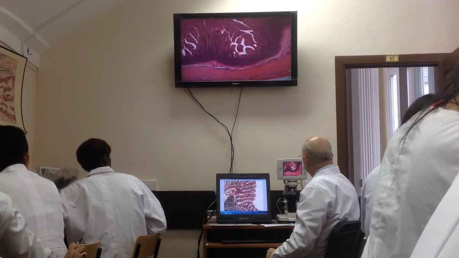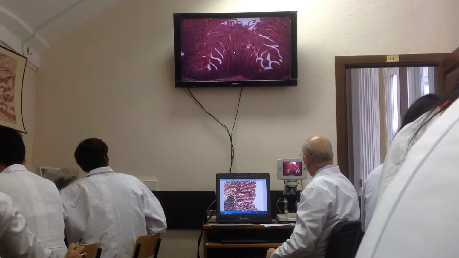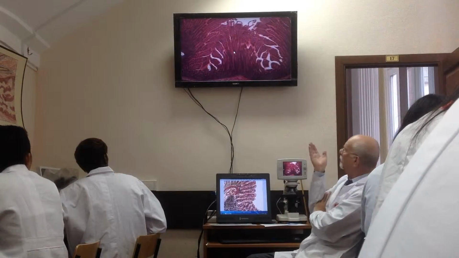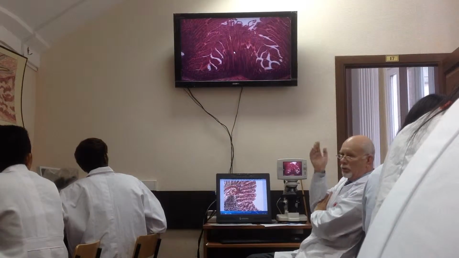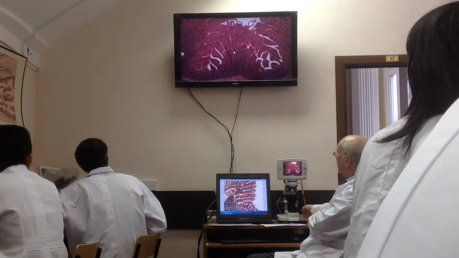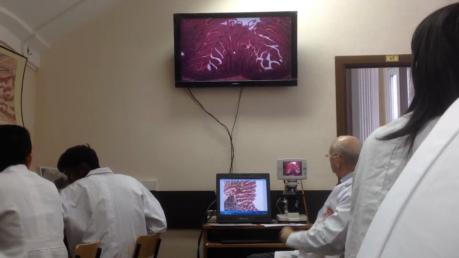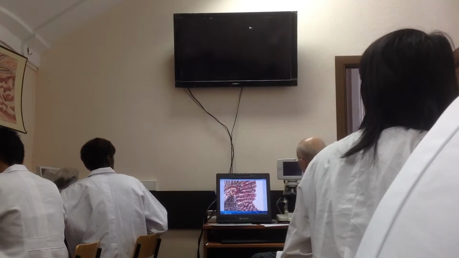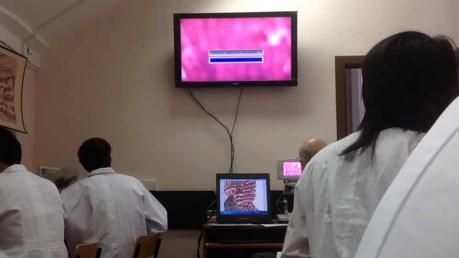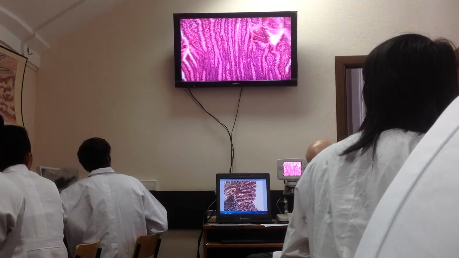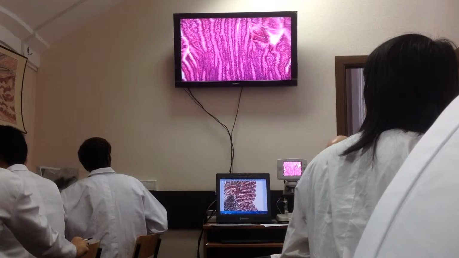Now tell me please, what organ, what region of the gut do you see now? What is this? What organ do you see? Small. Let's zoom in to precise the cells in the epithelium. What cells do you see? Small. Goblet. Presence of goblet cells indicates